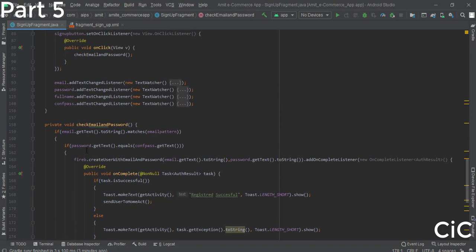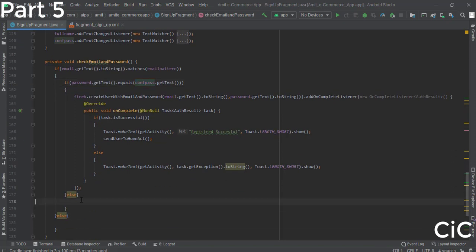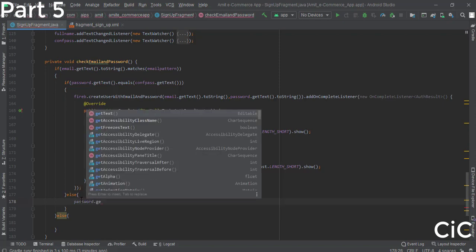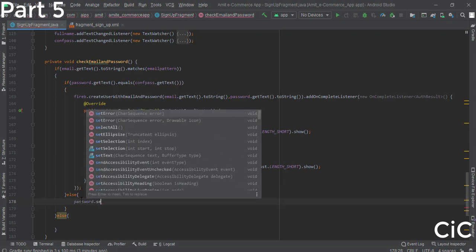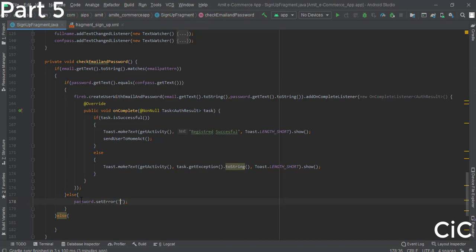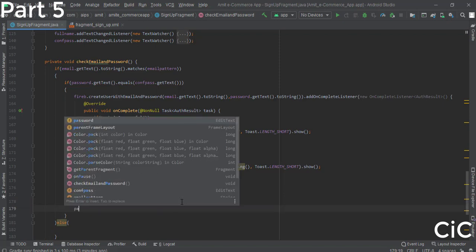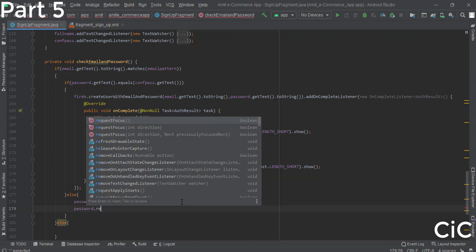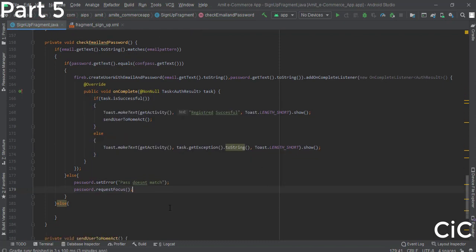So in the first one here you can see that this was the password one. So if the password does not match, then a message will be displayed here. So password dot set error, and here the message will be password doesn't match. Okay, and we will request the focus as well. So password dot request focus.